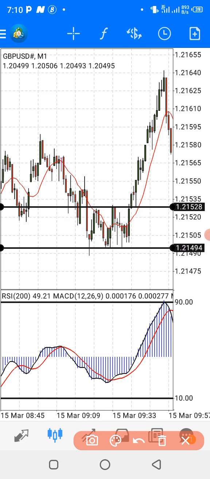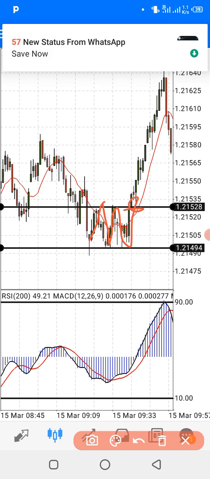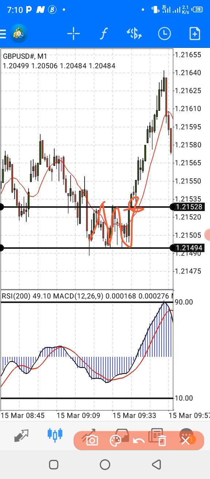Now the candlestick came, it tested this level of resistance, it came down, tested this level of resistance, it came down. Now when it came for the third time to test this level of resistance, what happened? The market broke, some candlesticks broke this level of resistance. But as I said, you won't just execute the trade immediately. You need to wait and check for possible candlestick patterns or possible candlestick